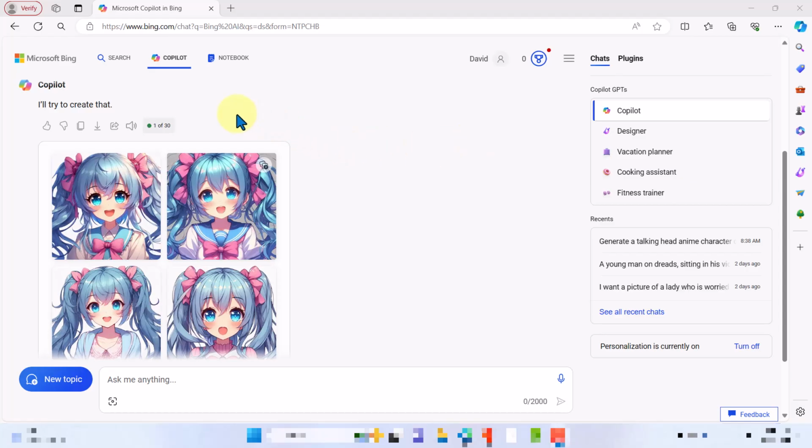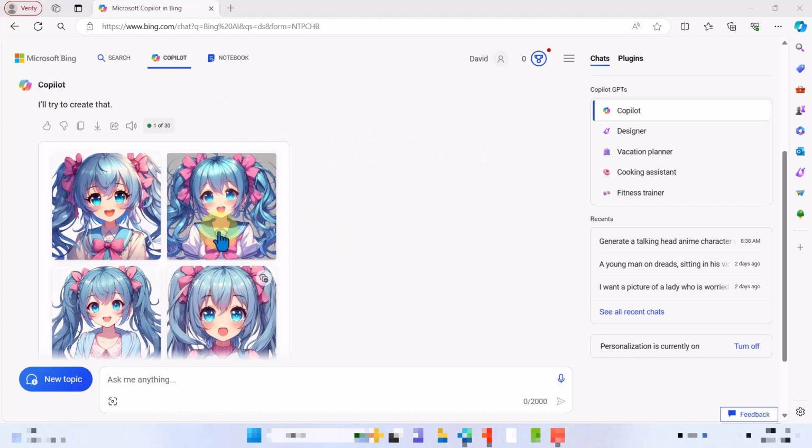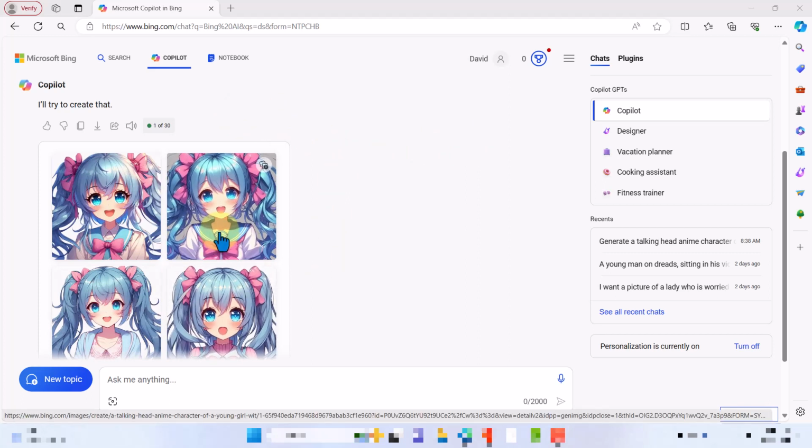Welcome back. So in our last class we used Copilot to generate a character for a talking head, and I